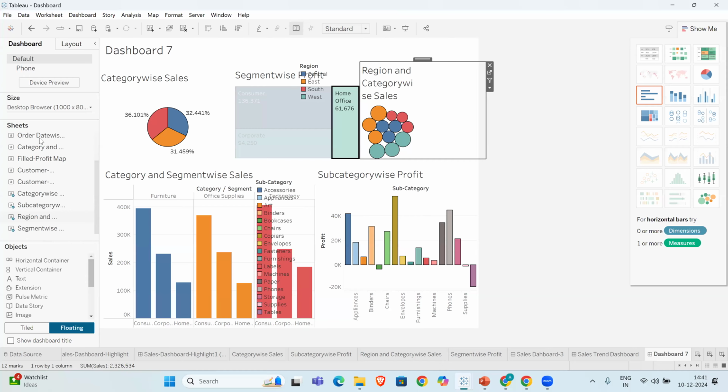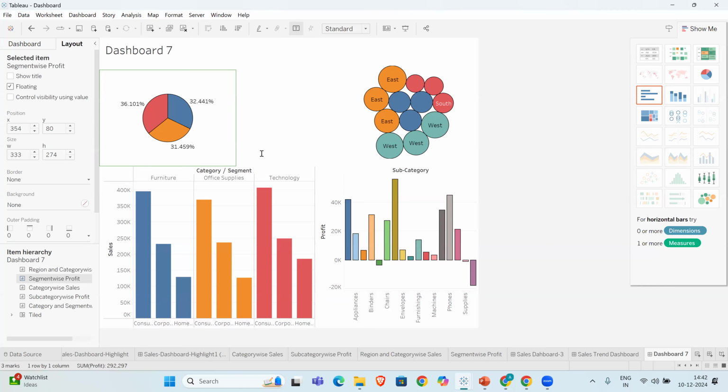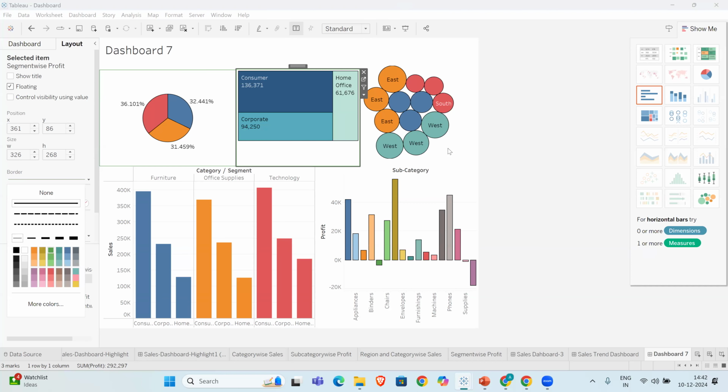Now come over here. Let's say I want a title at the top, but I want to use objects. See, these are the objects. So I can use a text box. The moment I use a text box, I can write: this is the sales trend of ABC company. I can again make changes in the size, in the color, make it bold, and below this you can insert, or with this you can insert